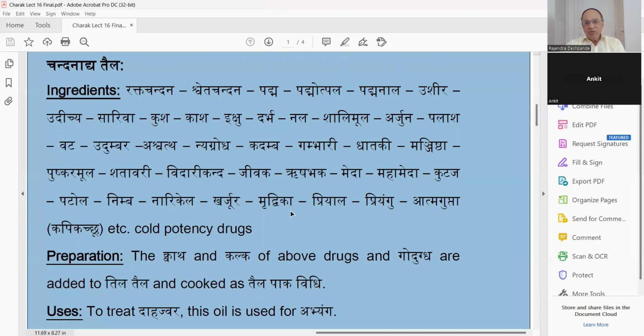नारिकेल, खरजूर, मृद्वीका, प्रियाल, प्रियंगु, आत्मगुप्ता, कपिकच्छु। So all these medicines are either पित्तघ्न है, उसकी संताप कम हो जाएगा, हीट कम हो जाएगी बॉडी की, कोर बॉडी टेम्परेचर कम हो जाएगा। उसके साथ साथ यहां आपको कुछ न्यूट्रिशियस, क्योंकि डेबिलिटी बहुत आ जाती है। Whenever there is a chronic fever the body becomes too weak, पूरी की पूरी बॉडी डिहाइड्रेट हो जाती है ना, डेफिशिएंसी बन जाती है विटामिन की या प्रोटीन्स की। तो